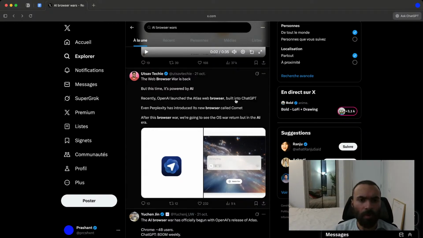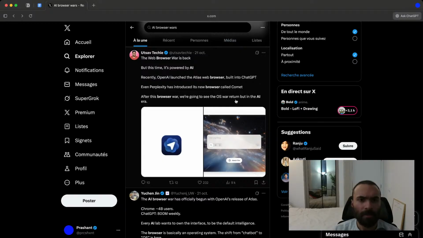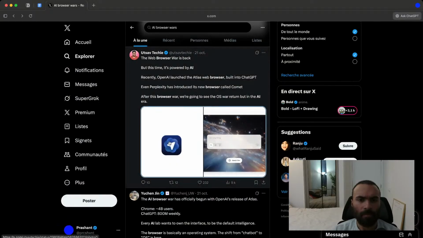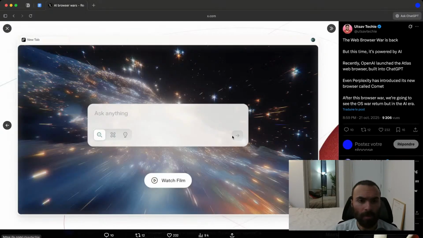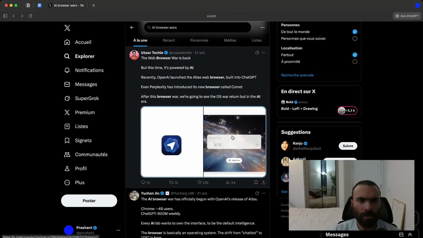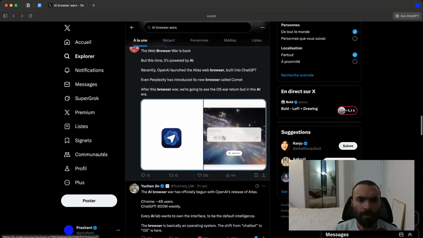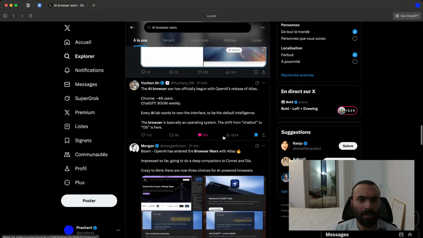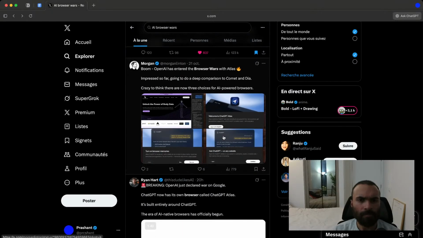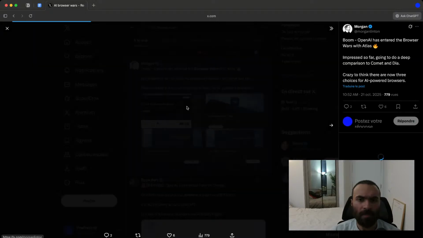The web browser war is back. OpenAI just launched Atlas, a web browser built into ChatGPT. Even Perplexity has introduced its own browser called Comet. We're going to see the OS war return, but in the AI era. Impressed so far, going to do a deep comparison to Comet and Dia. Crazy to think there are now 3 choices for AI-powered browsers.